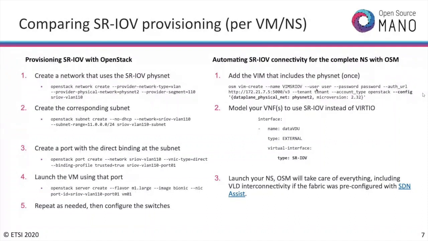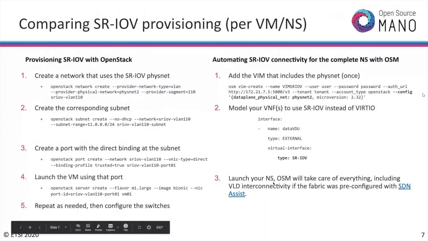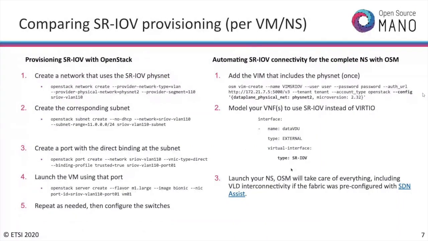And once you have a VIM enabled with SR-IOV, then you just model your VNF to use this type of interface. So instead of VirtIO or paravirtualized, you put SR-IOV. And that's it. OSM will take care of creating a network, a subnet, assigning a VLAN, creating the port and connecting your VMs to those ports. So it automates most of the process. You just model your VNF as you wish,